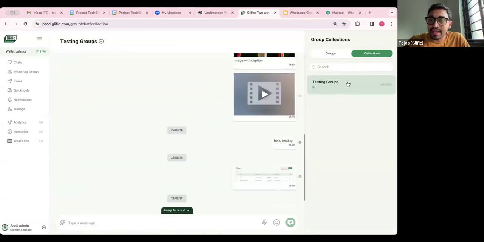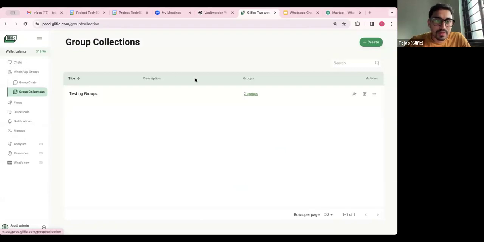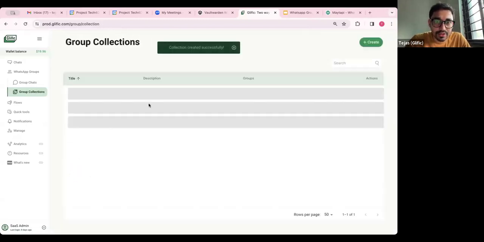So what you can do is create collections. Right now, in the WhatsApp groups, let's say I go to groups, I go to create, and I go to a new collection for testing. I'm just giving a label, and I will save this collection.